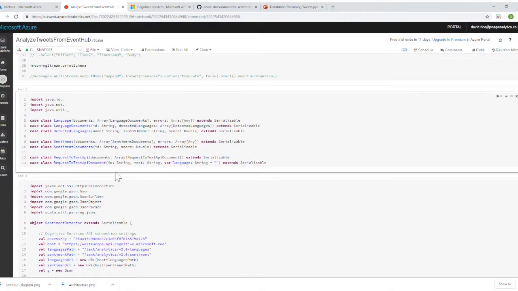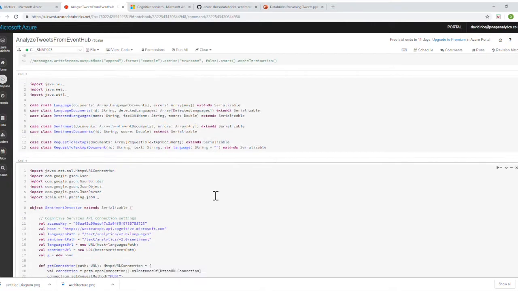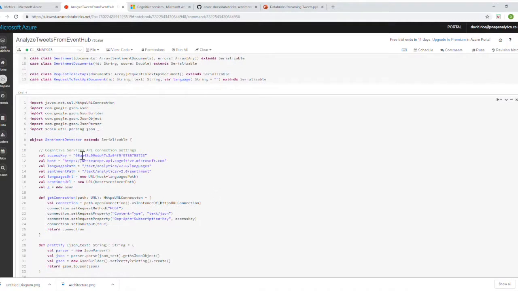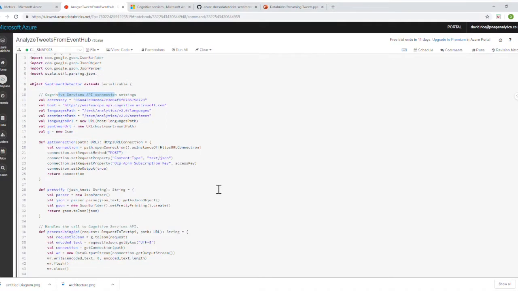We're going to specify some classes here for sentiments. We also need to understand the language to be able to determine the sentiment. And we're going to do that by using Cognitive Services, it's the API connector to Azure Cognitive Services. Now, there are some open source sentiment analysis tools, natural language processing toolkits for Python or for Scala. We're going to use the API because we're just interested in